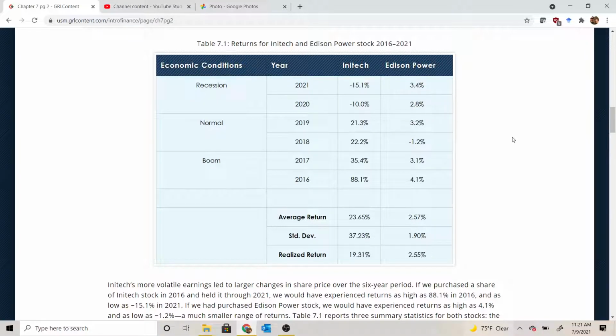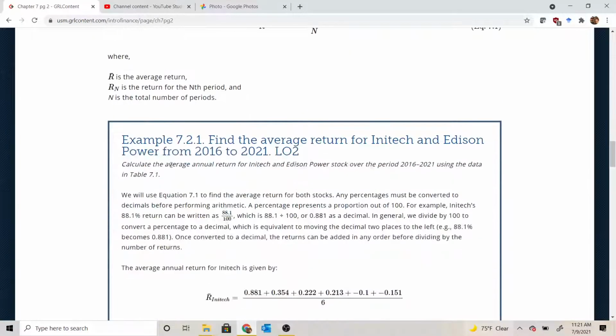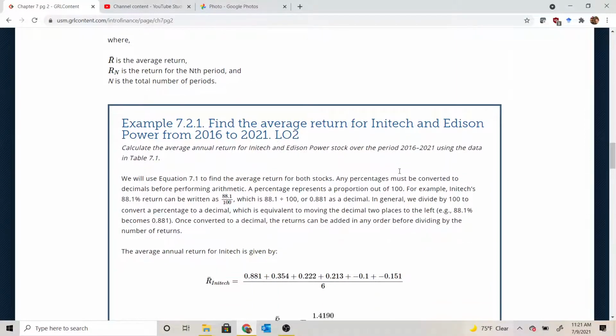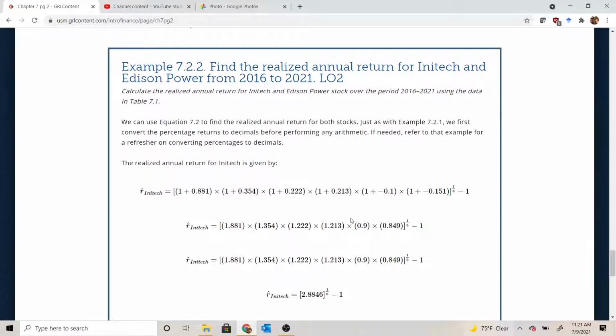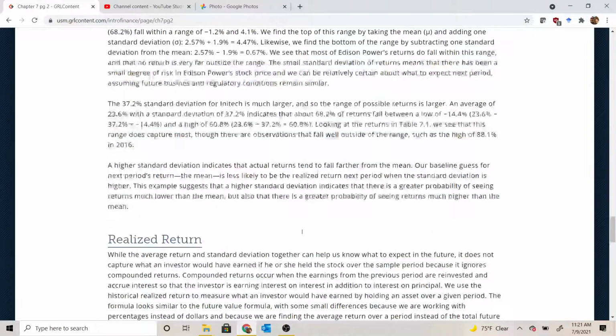So this first video is going to look at table 7.1 and example 7.2.1, where we find the average return for two stocks, and then example 7.2.2, where we find the realized return for two stocks, based on the data in this table. So we're going to cover both of these examples, and we'll talk a little bit about standard deviation as well,